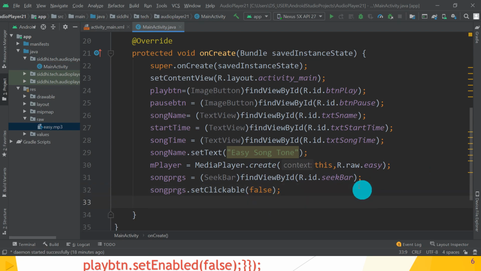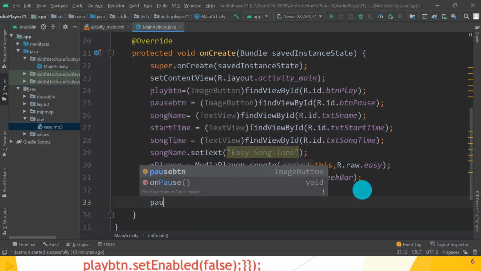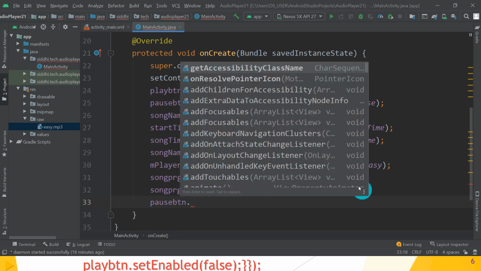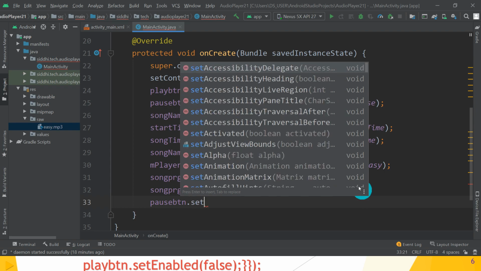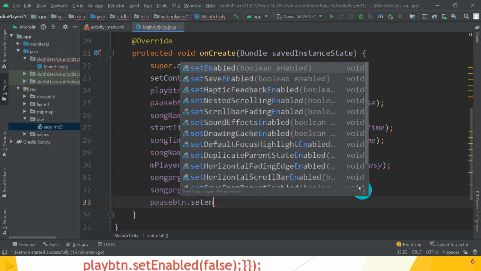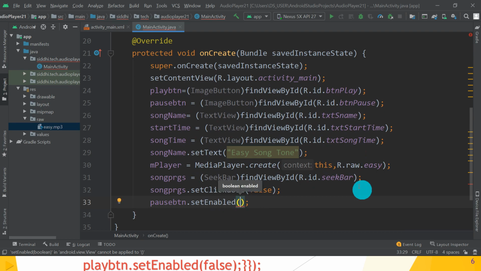Then pauseButton.setEnabled. So the main thing: song progress bar set clickable false, pause button initially set enabled false, which means it is not enabled.